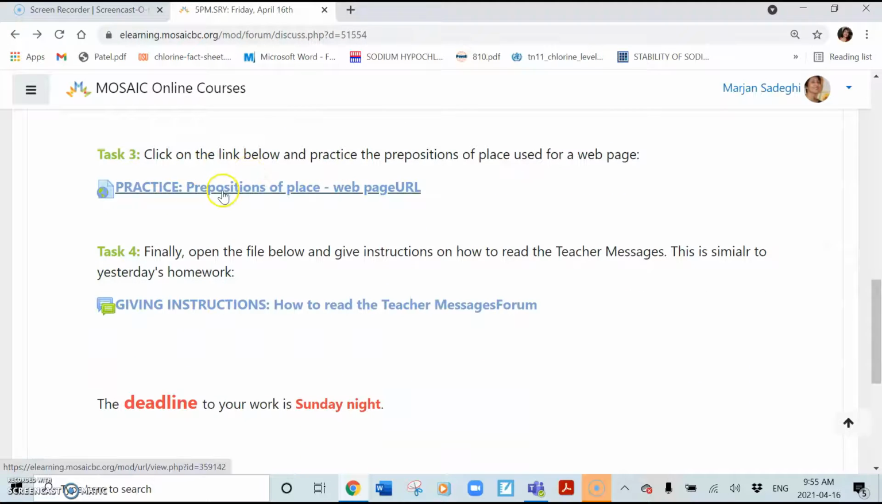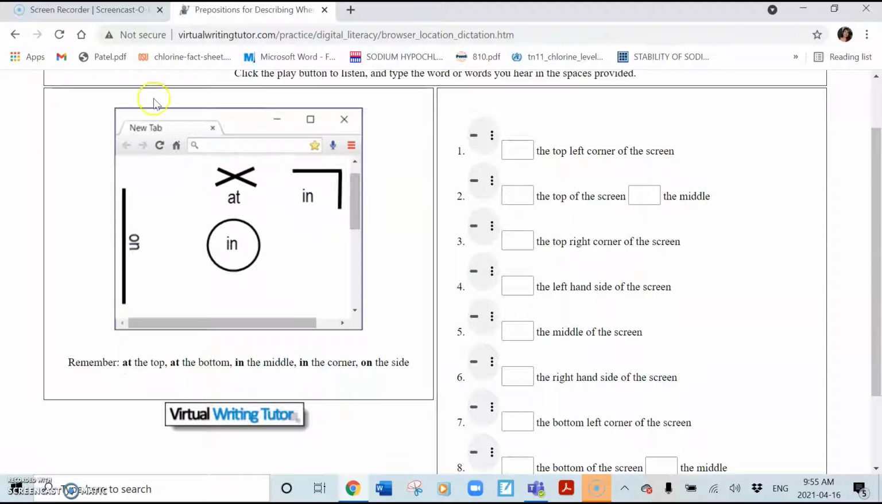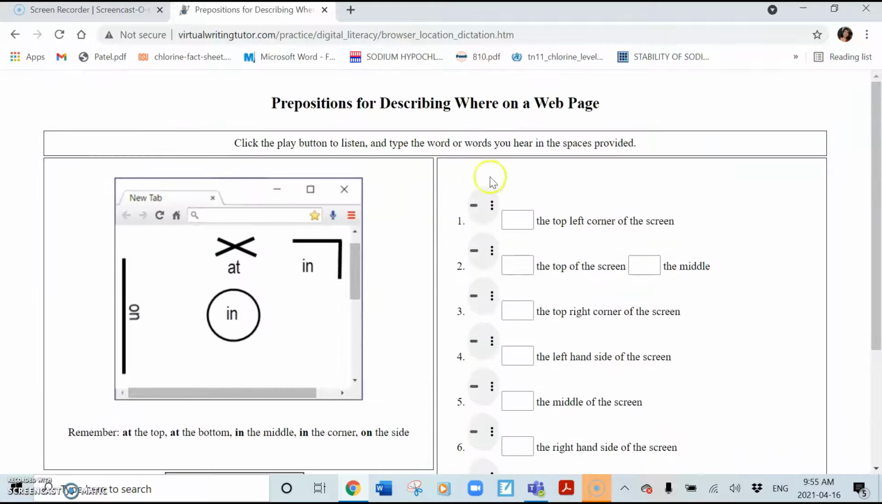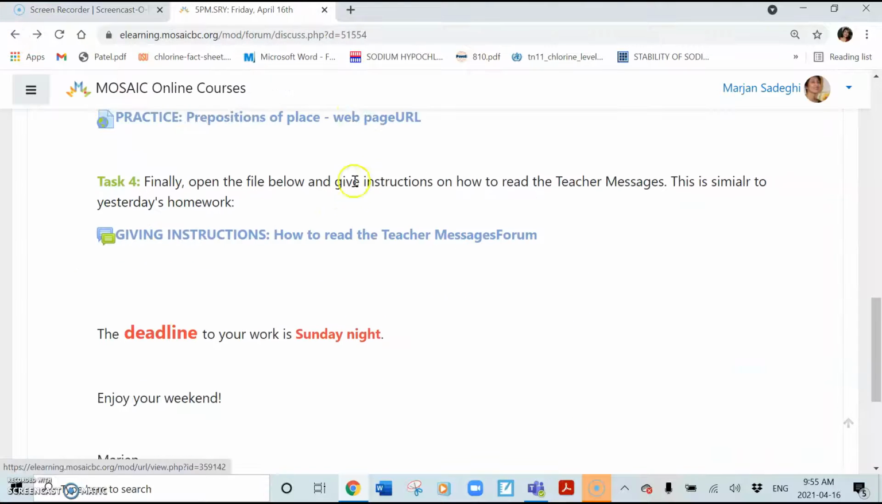Then click on task 3. Now, task 3 is about prepositions for describing where things are on a web page. So first, study this box here, read this, and then try to answer these with in, on, or at. You can also listen to them if you like. And then at the end here, you can check your answers. Go back, and finally,